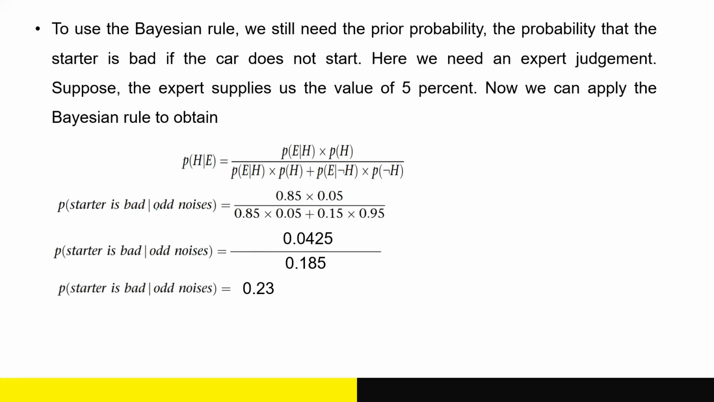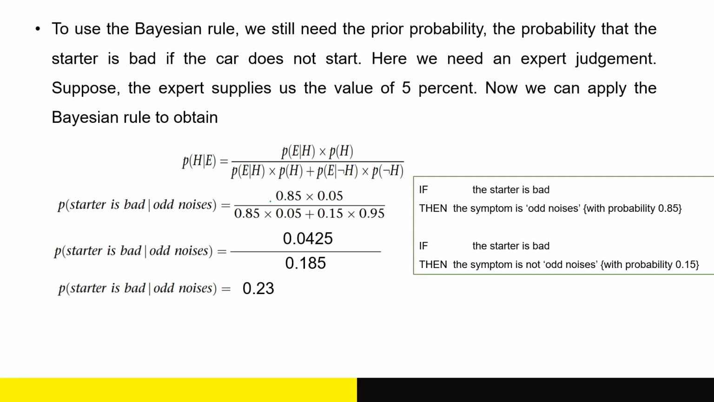So the probability that the starter is bad given the add noises is equal to, so if you're wondering where these values came from, this came from the rule. If the starter is bad, then the symptom is add noises with probability of 0.85. And this 0.05 is the prior probability, the probability that the starter is bad if the car does not start. And this 0.15,